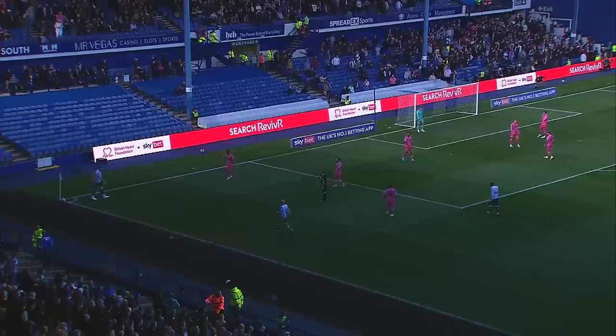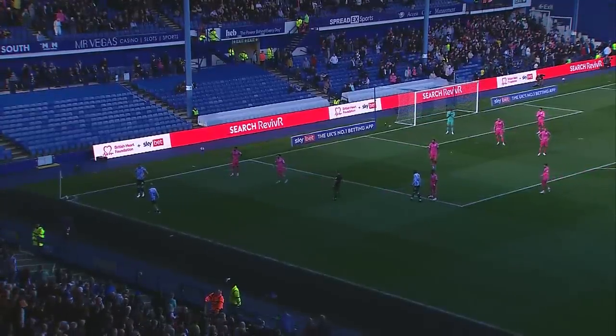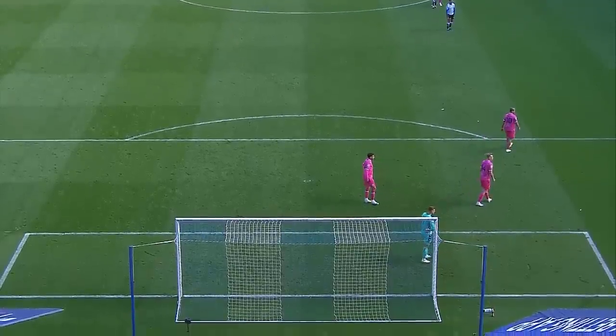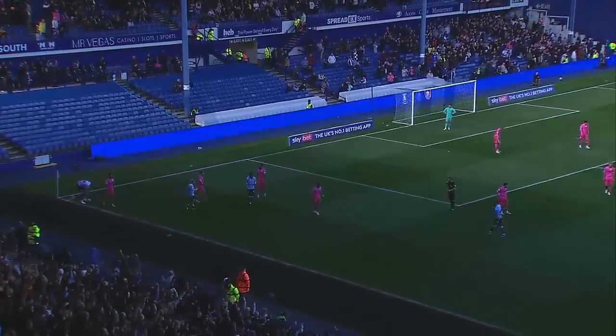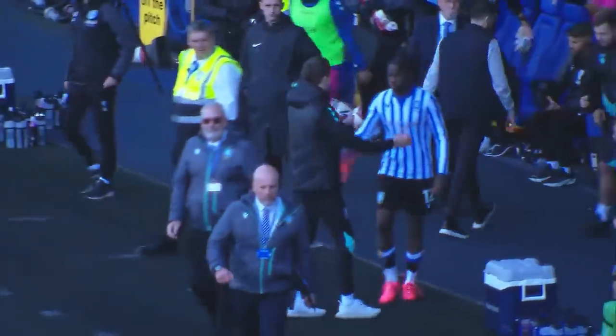And again, Bannon will step forward for this corner, but Wednesday will make no effort to cross it into the middle. All the defenders and the midfielders staying back. This will go short from Bannon. In towards Michael Smith, telling them to get back as well. It's gone short. In towards Michael Smith. That is the full-time whistle, and Sheffield Wednesday have got their second home win of the season,